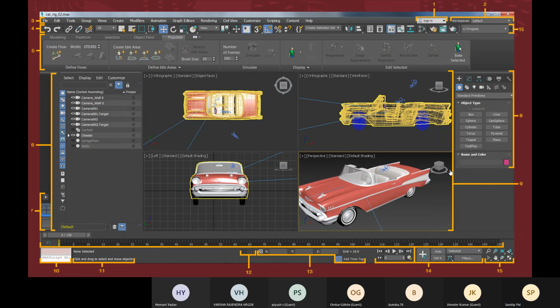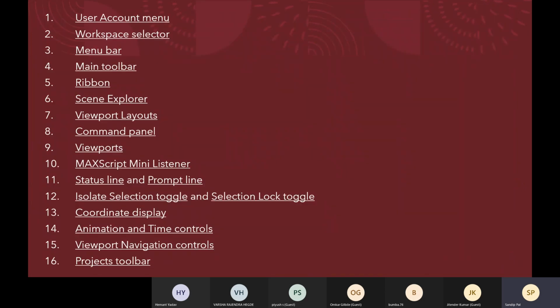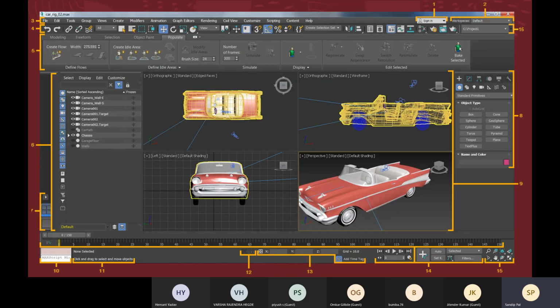Now, as you can see, this is the screen of 3ds Max, and this is the GUI of 3ds Max. I will explore all the features of this GUI. First let me mention that this 3ds Max software comes under the media and entertainment sector of Autodesk software. This 3ds Max tool has the major tools related to the media and entertainment sector.